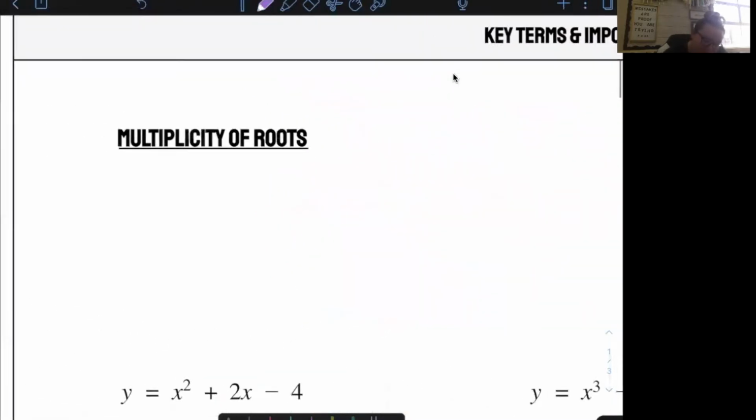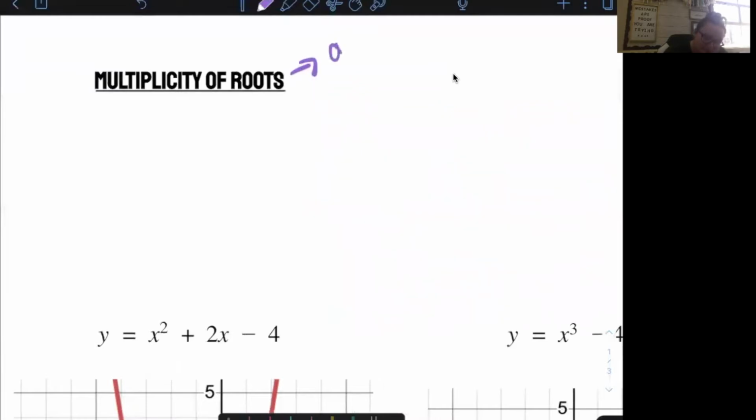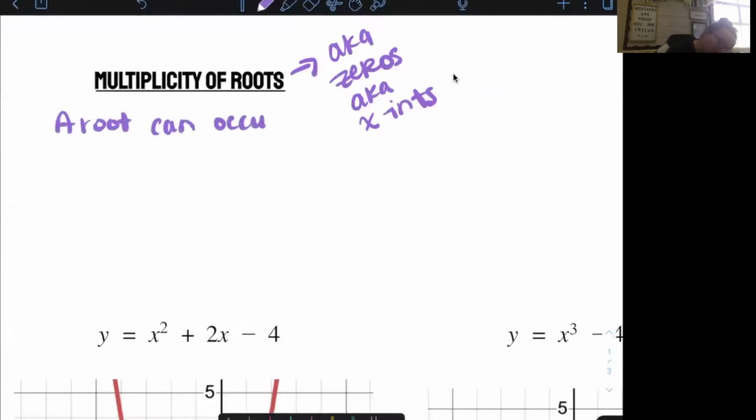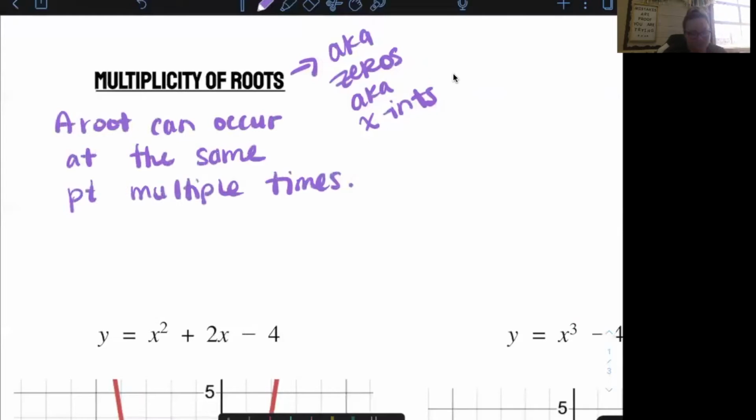So what is a multiplicity of roots? Remember, roots is just another way of saying zeros, which is just another way of saying x-intercepts. So the multiplicity of those x-intercepts or zeros just means that that root can occur at the same point multiple times. The same point multiple times. So for example,